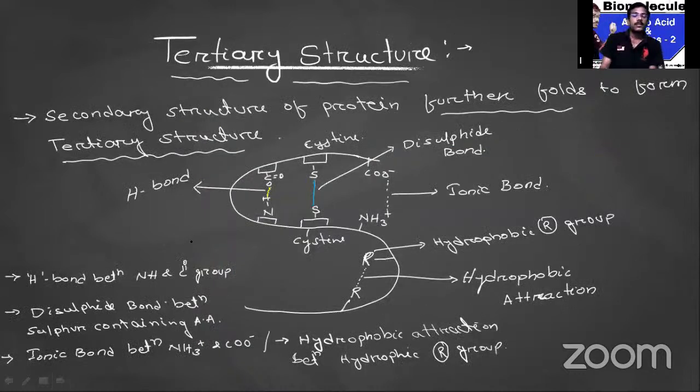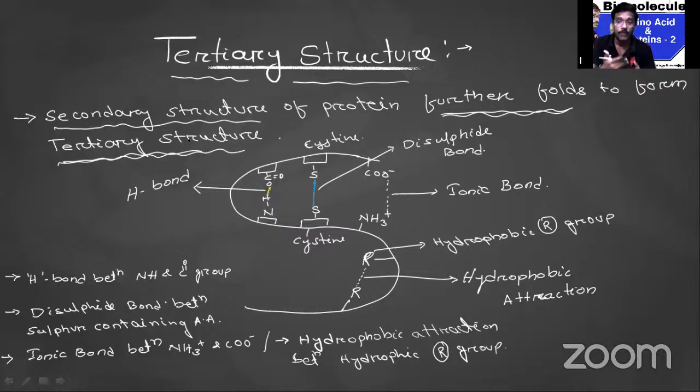Then the tertiary structure of the protein, we have to discuss the next folding. If the protein undergoes the next level of folding, it means the secondary structure of the protein further folds to form the tertiary structure. Up to the last one, only hydrogen bond is formed in the helix, whether that may be the alpha helix, or the beta pleated, or the collagen fiber, or the triple helix. But in case of the tertiary structure, what will happen? There will be further foldings. The secondary structure of the protein may undergo further foldings to form the tertiary structure.